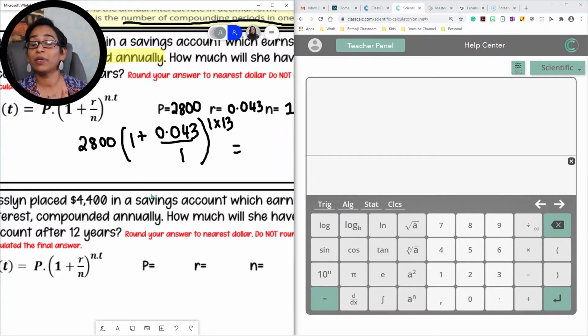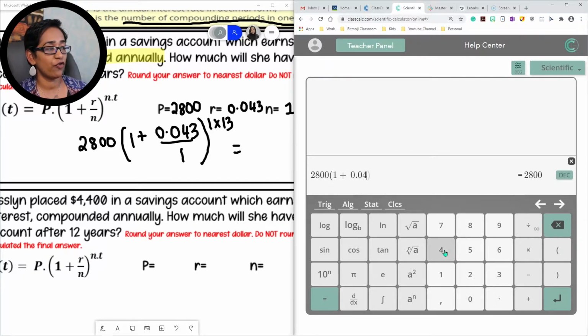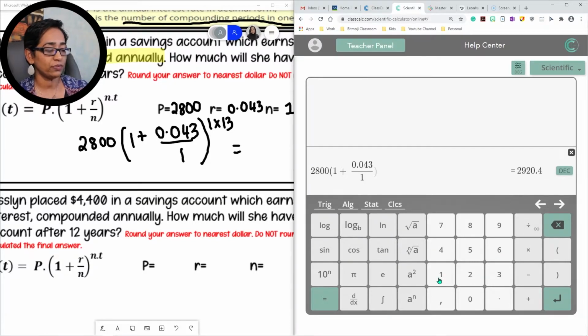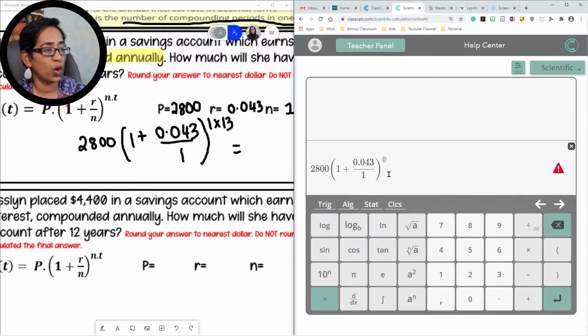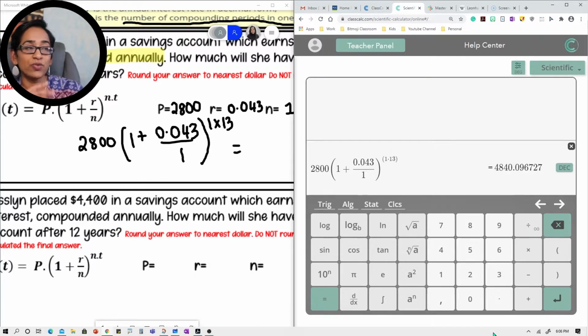So I'm simply going to plug this in. 2,800, open parentheses, 1 plus 0.043 divided by 1. Use your arrow to the right. Close your parentheses. To the power is a power n, 1 times 13. So as you can see, I simply went ahead and plugged the formula into my class calc,